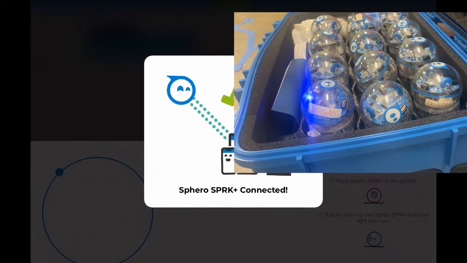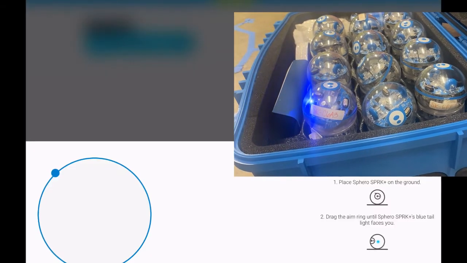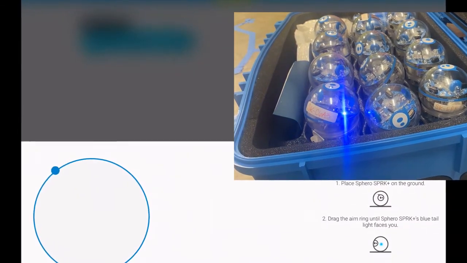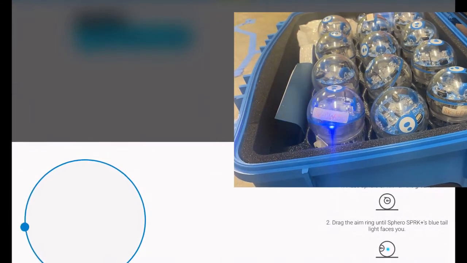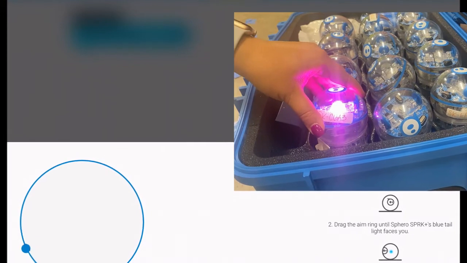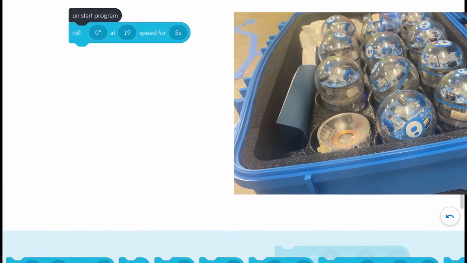Before we press start on our program, we always need to aim our Sphero. So Sphero runs away from its light. It's like having a little bee on its back. It's going to run away from it. So always tap aim at the top and then aim Sphero the direction you want it to go in before